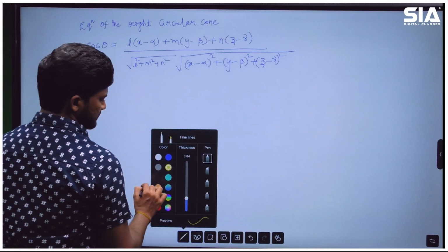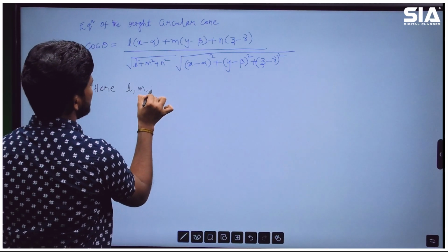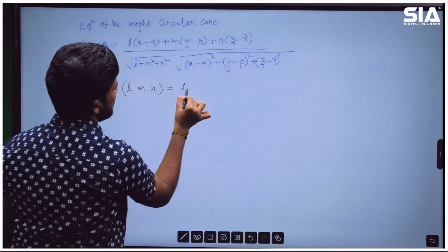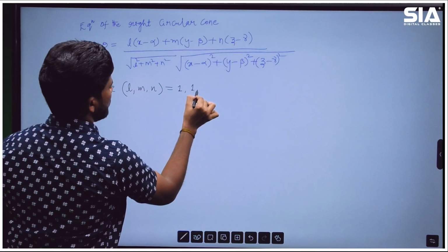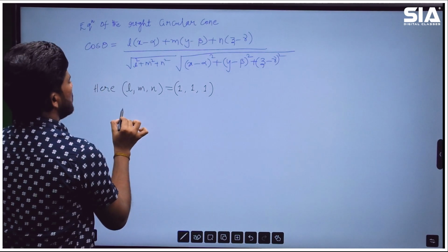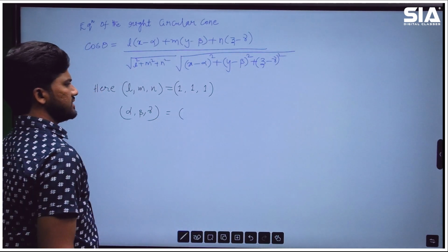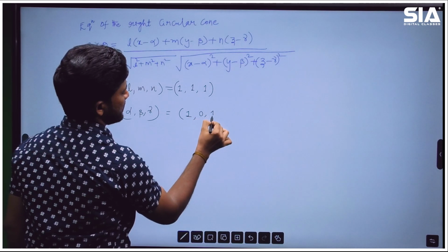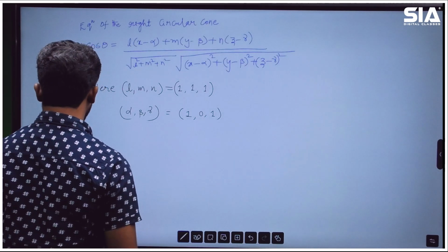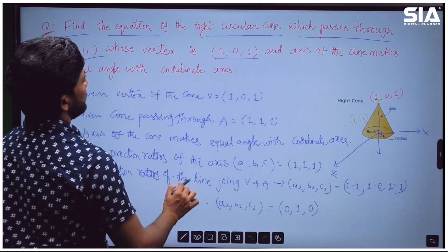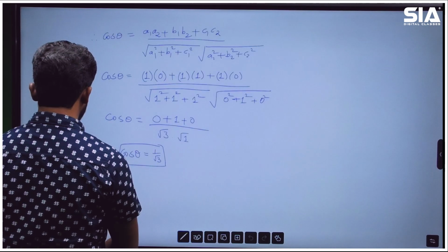So LMN is equal to 1 1 1, and alpha beta gamma is the vertex. What is the vertex of the given cone? 1 0 1. Now substitute these values in the given equation. If you want to cross check the vertex of the given cone once, you can cross check. The vertex of the cone is 1 0 1. Then we can write the condition as